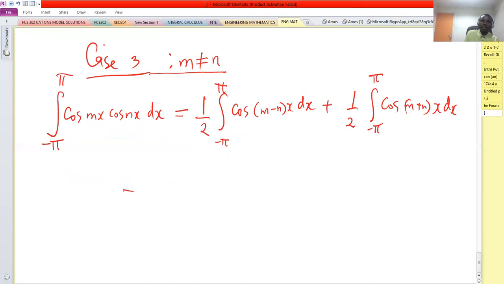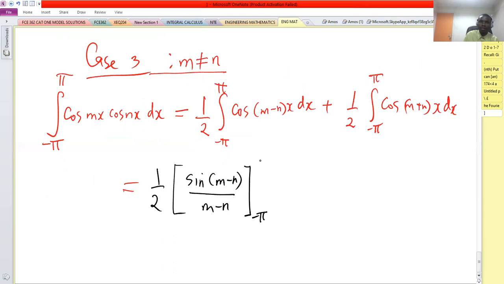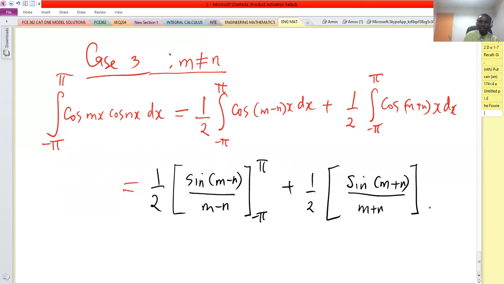And this on integration gives a half into sine (m minus n)x over (m minus n) from minus pi to pi plus a half into sine (m plus n)x over (m plus n) from minus pi to pi,